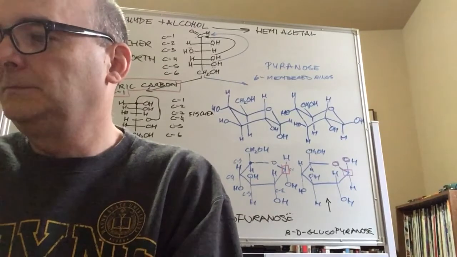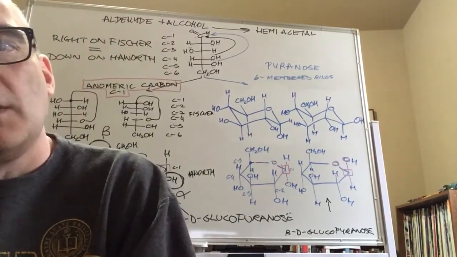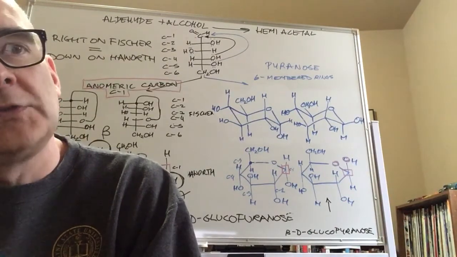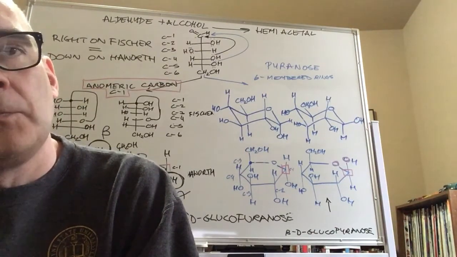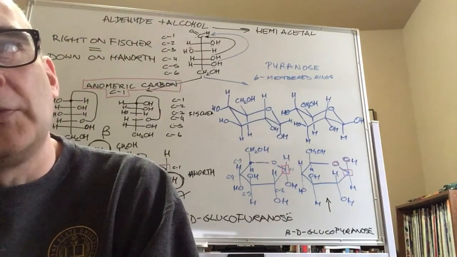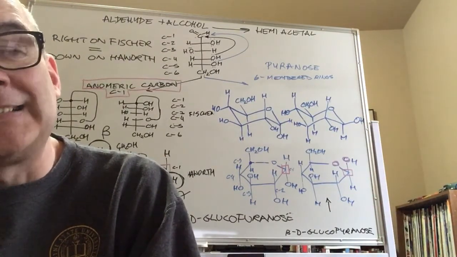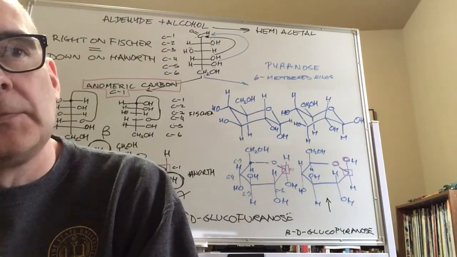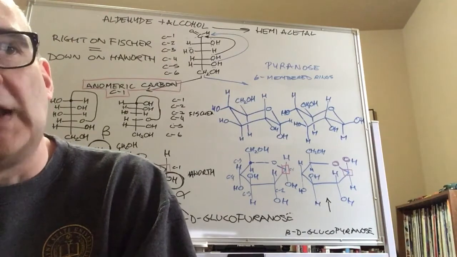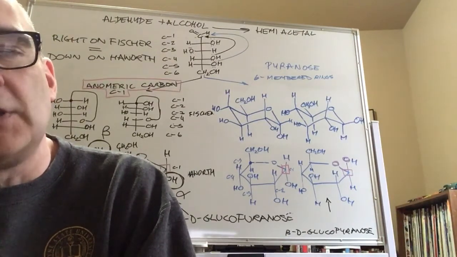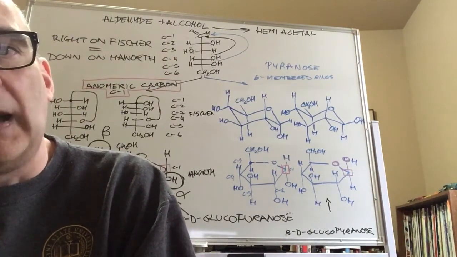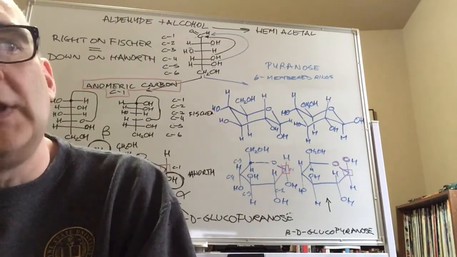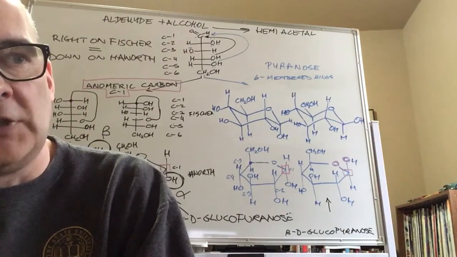So, sugars are polyhydroxyaldehydes or polyhydroxyketones. If I have 6 carbons and an aldehyde group, that generates 16 stereoisomers. One of them is glucose. That glucose exists in two forms. They're enantiomers, the D form and the L form. On this planet, it appears that only the D form is biologically relevant.